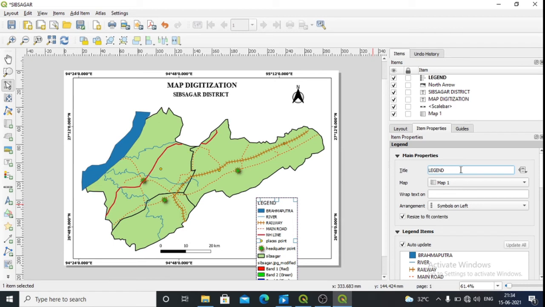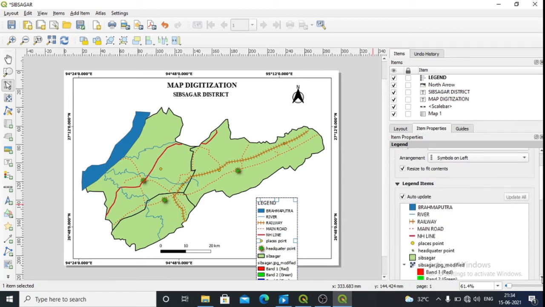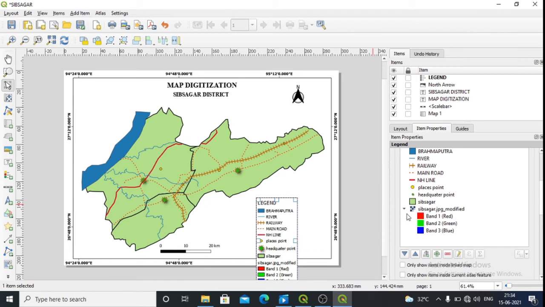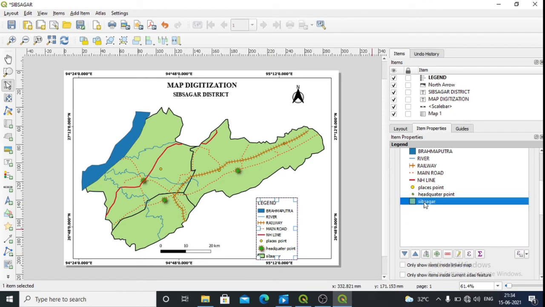Then here uncheck this one, then you delete this one, we don't need it, minus it. This much only we need. This one also is not required, minus it. So our index, Brahmaputra river, these are the indexes that we needed.